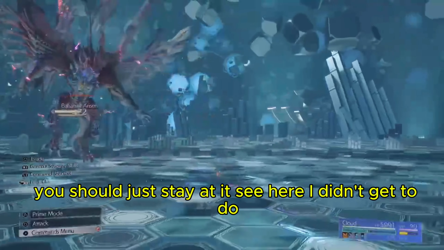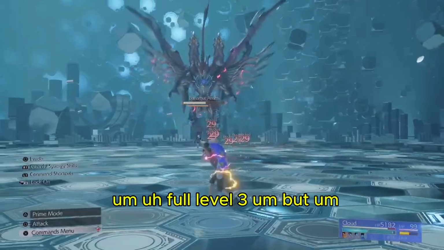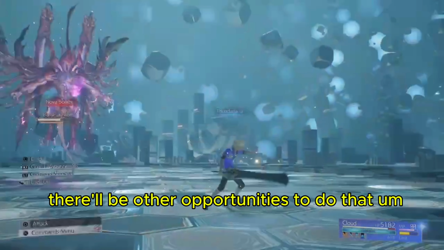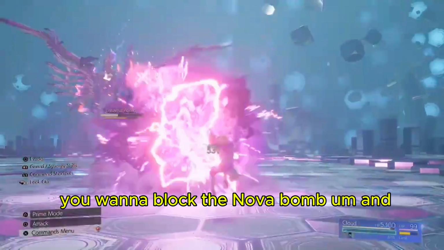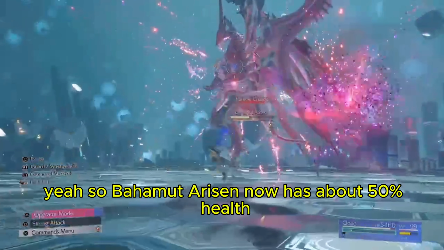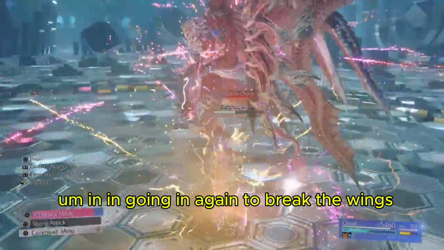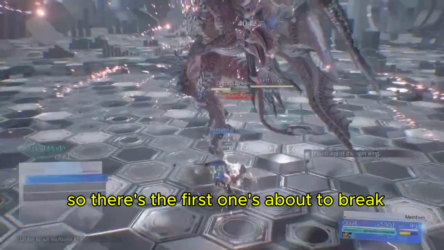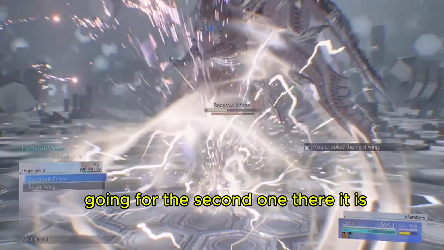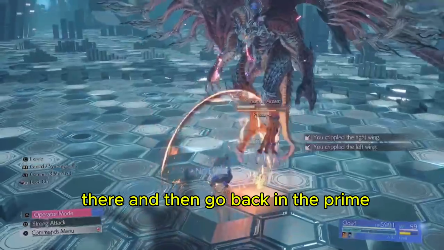See, here I didn't get to do full level 3, but it's still okay because there'll be other opportunities to do that. You want to block the Nova Bomb, and yeah, so Bahamut Arisen now has about 50% health, and going in again to break the wings. So there's the first one's about to break, and then got to get that ATB going for the second one. There it is. And the wing is going to break there,